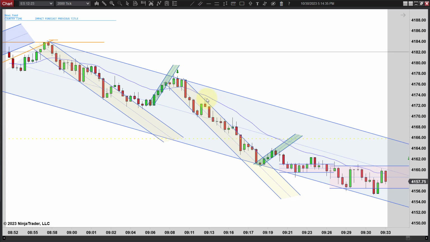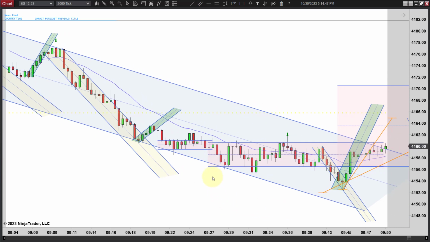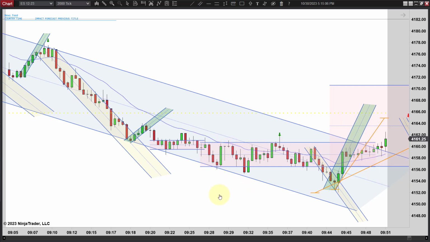You get a move down, and you just get a first entry here, first entry here, first entry here. Just not good setups. Finally you get a close outside, another first entry. And you're just chopping along here. Nothing there. It just kind of expands here. Again, nothing here. You might have looked at this as a lower high, but it's just a first entry. So again, you've bounced off the bottom side of the channel multiple times, so we're overdue for a correction, so I don't think I would trade it.